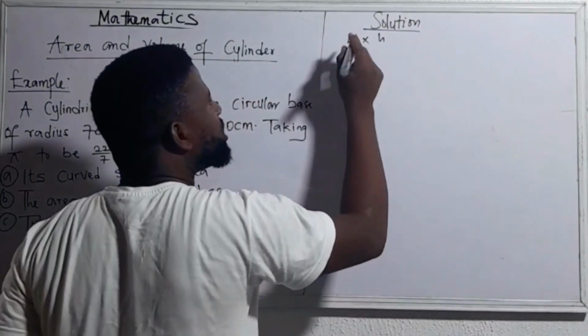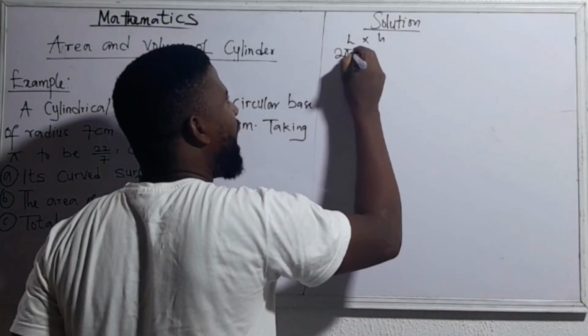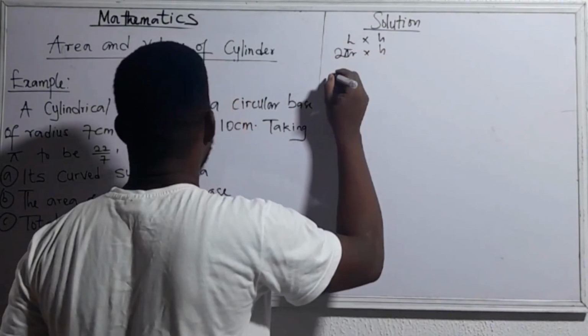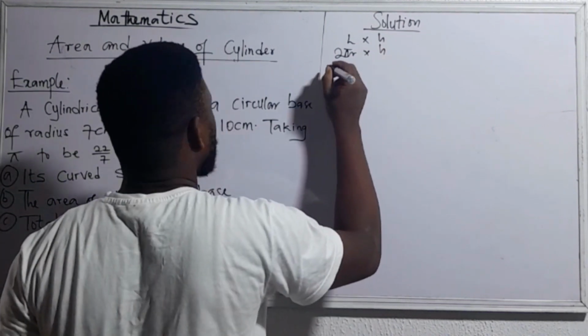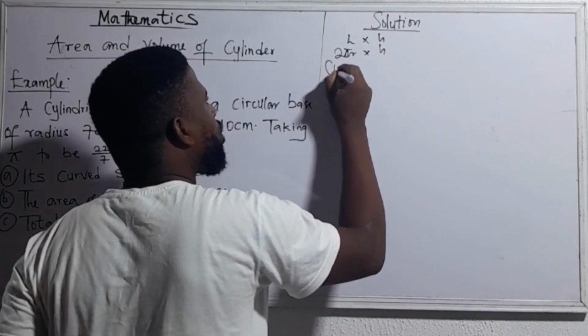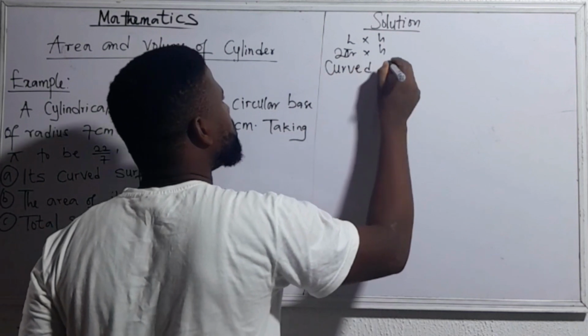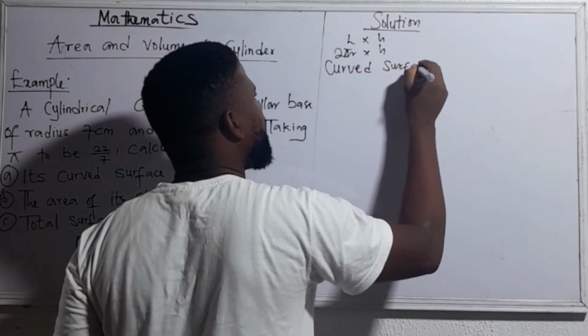So we have, which is what? 2 pi r times height. So we see that the curved surface area